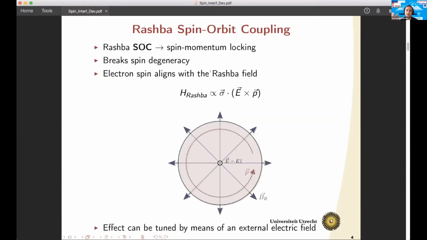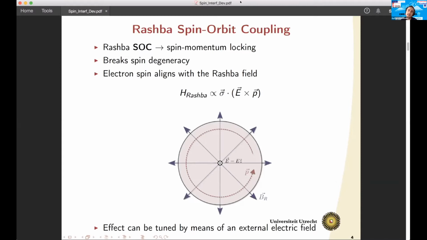Now, Rashba spin-orbit coupling is a relativistic effect which appears in some materials and which leads to spin-momentum locking. So the electron spin and momentum degrees of freedom are no longer independent. This leads to breaking the spin degeneracy of the system if it's not already broken. And moreover, the electronic spin tends to align to the Rashba field, which looks like this: the cross product between E and